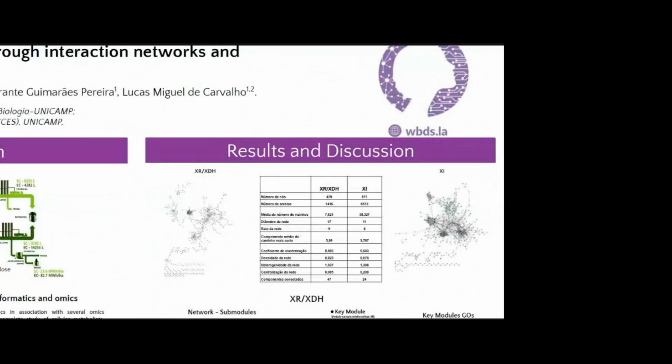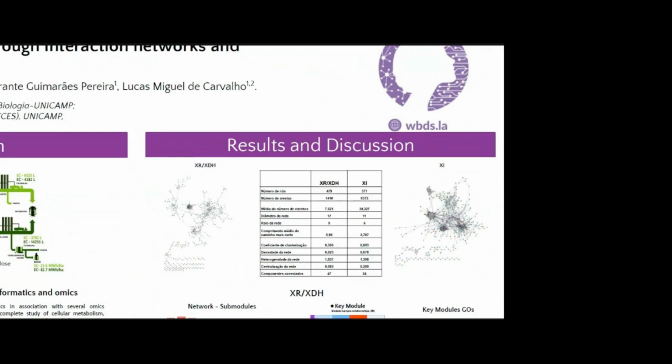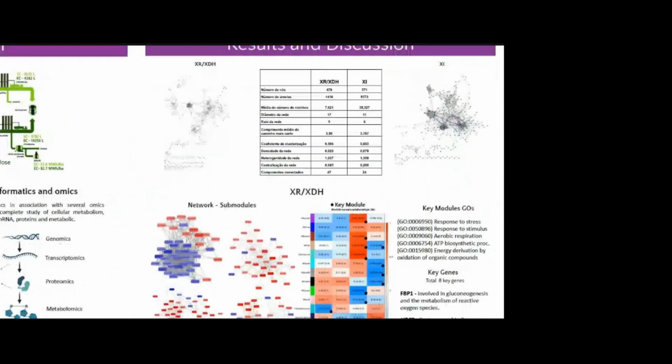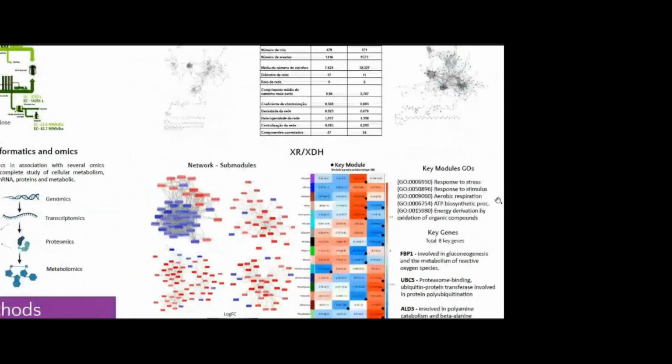So here are our results for the network analysis. We obtained an XR-XDH interactome with 485 nodes and an XI interactome with 571 nodes. In this table, we can compare the network metrics for both interactomes. For the XR-XDH results,